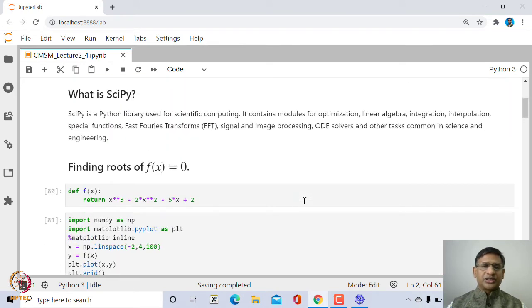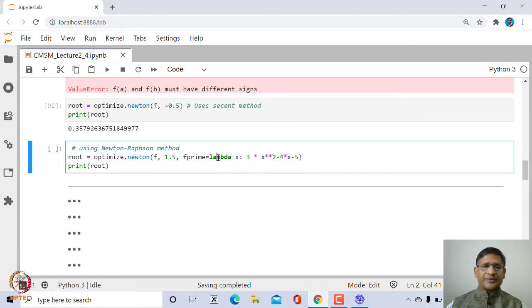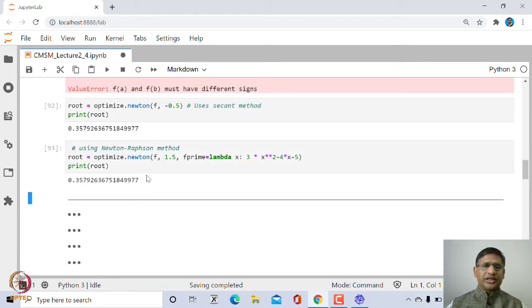The function was x cube minus 2x square minus 5x plus 2, so its derivative is 3x square minus 4x minus 5. In case we supply the derivative of this function, then it will also find a root, but it will now use the Newton-Raphson method.